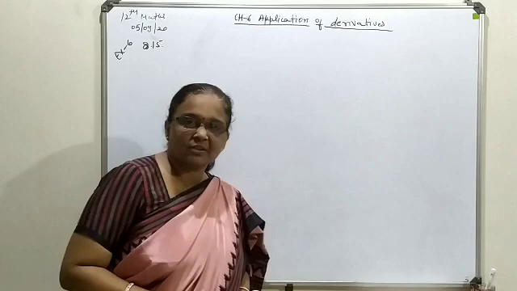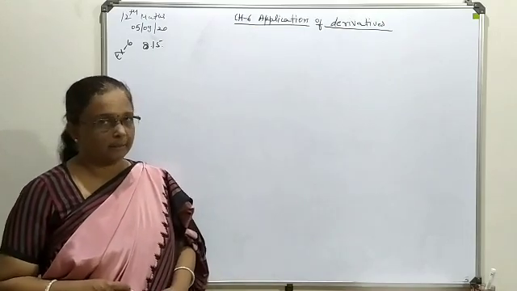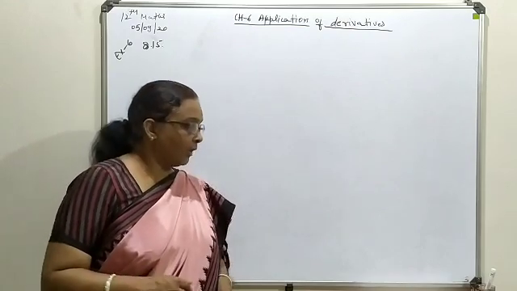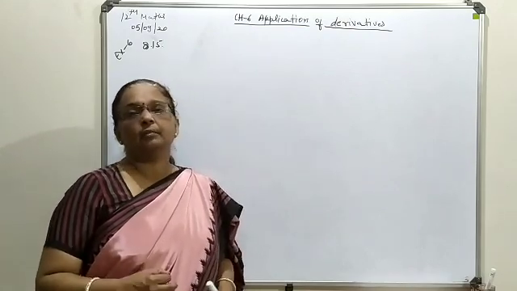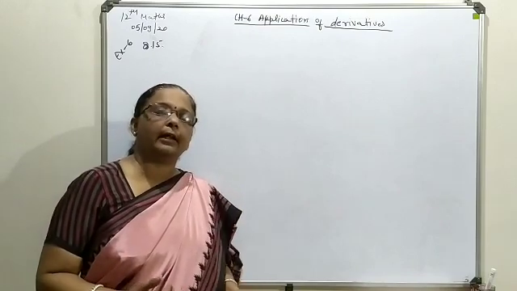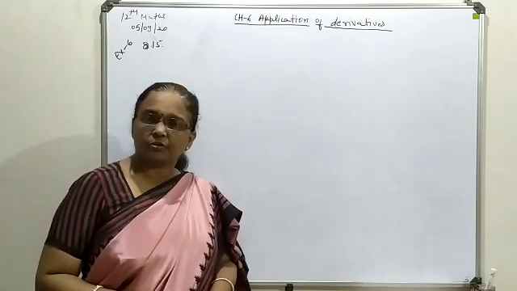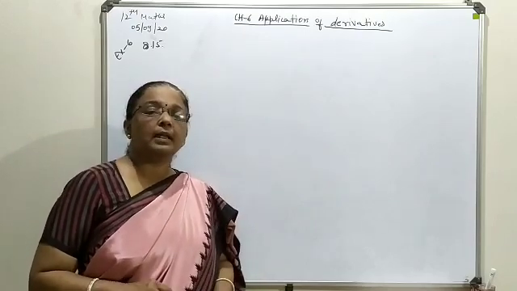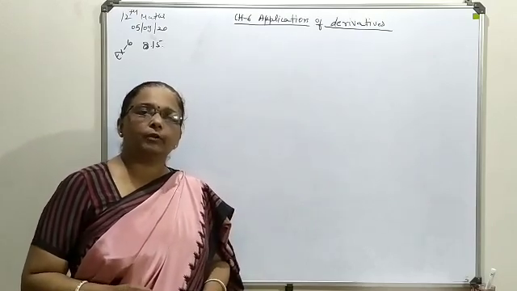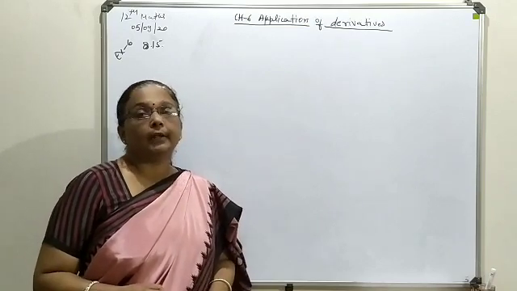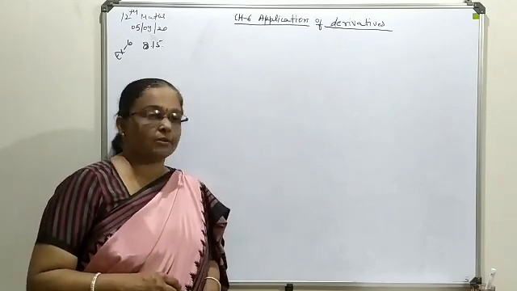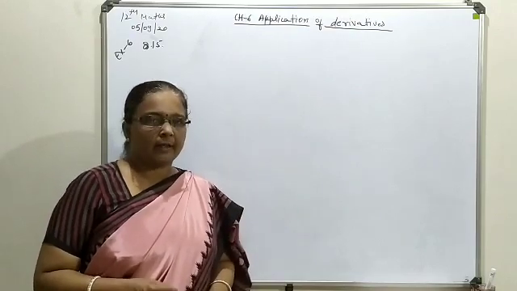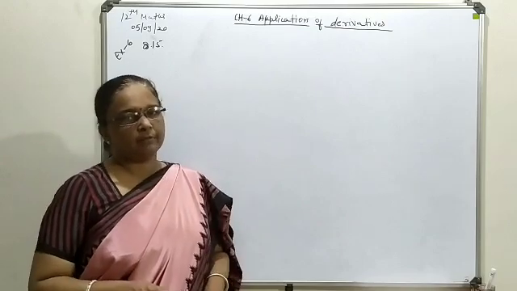So we have one sphere with a radius small r, and inside the sphere we have one cone, and the relation between the radius of the sphere and the height of the cone is to be established as h is equal to 4r upon 3. This is the main question, and everything you will work out for the maximum volume of the cone. First try to understand the diagram related to the question, and then link the given parameters with the diagram.